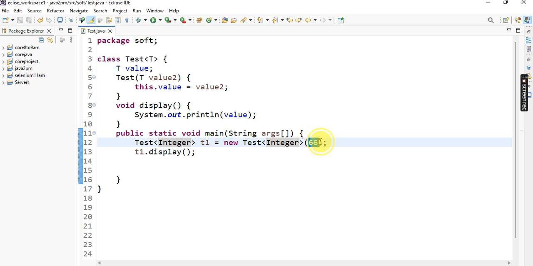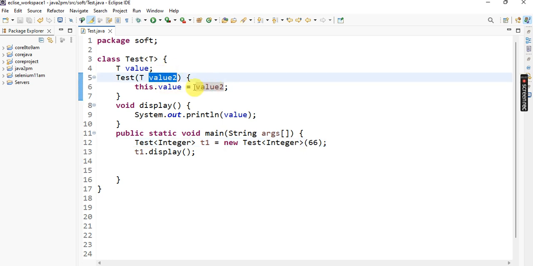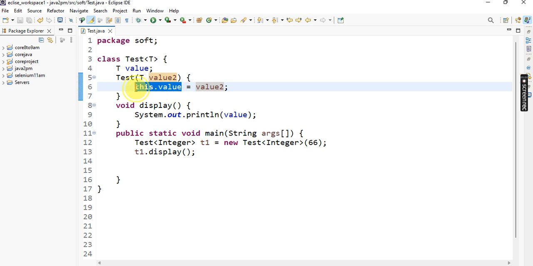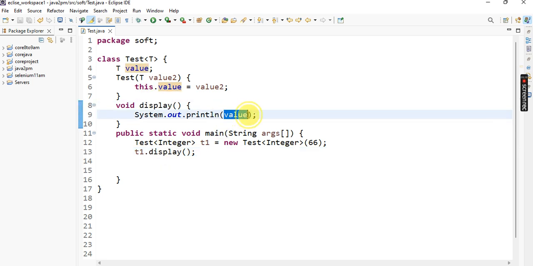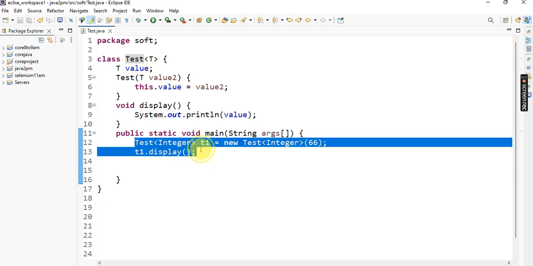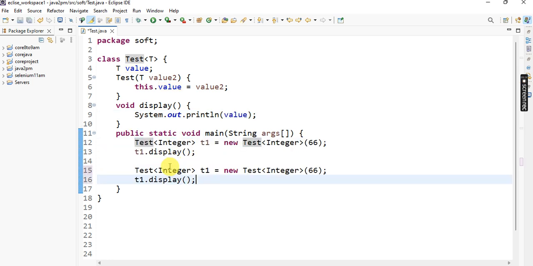Okay, so now here 66 is passed into that constructor variable. The constructor variable is stored into the class level variable. Okay, so with this reference I call the display method, then the display method prints the class level value. Similar to here, I declare one more object with the